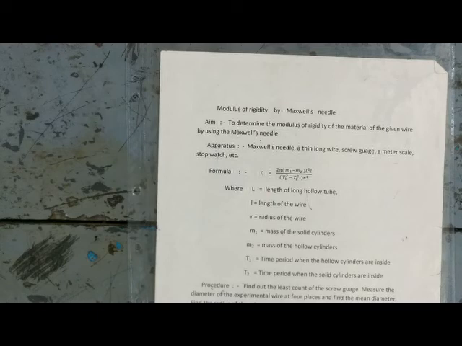After that we take the mean and find the mean time t, and then find the time period capital T, where small t is the time required for 20 oscillations, so capital T is equal to small t divided by 20. One thing I will tell you: in this experiment, with the solid cylinder inside, much more time is required as compared to the hollow cylinder inside. Less time is required for the hollow cylinder inside.